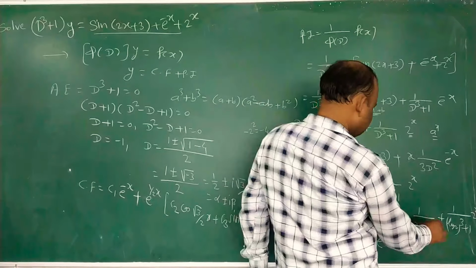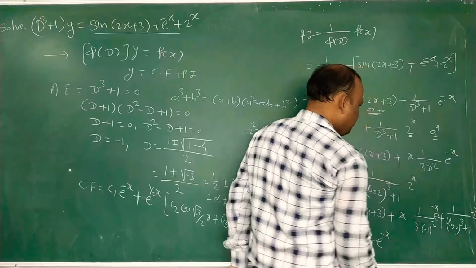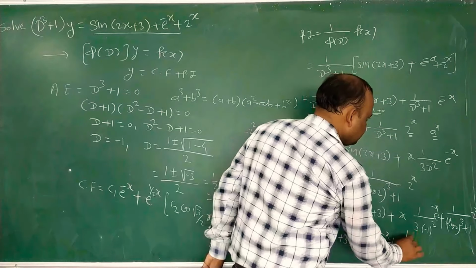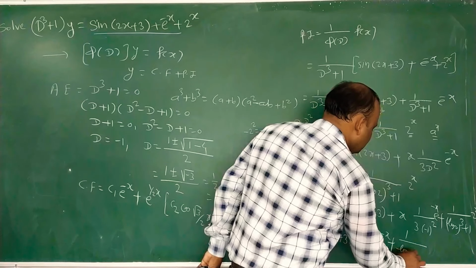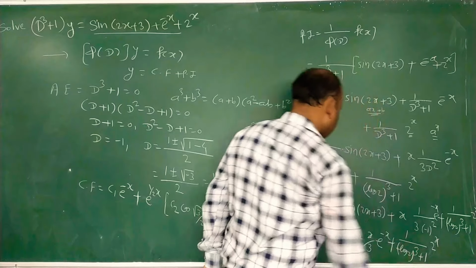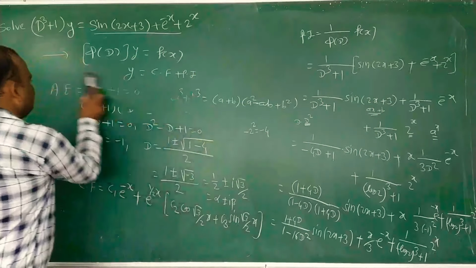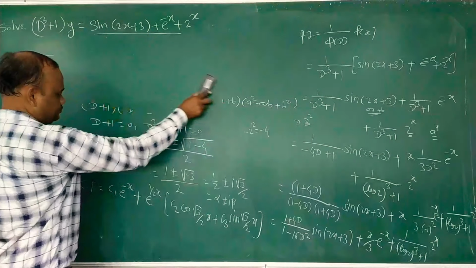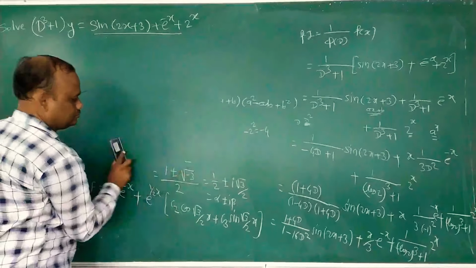Here e to the power minus x is missing, and plus the last 1 upon log 2 cube plus 1 into 2 to the power x. Now after simplification,